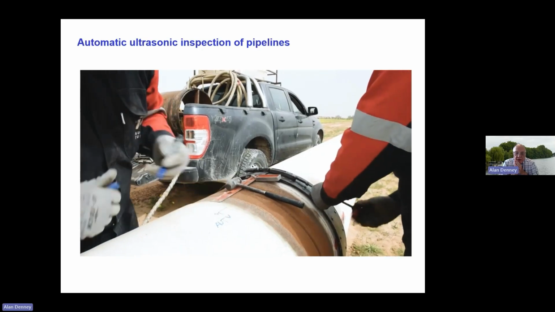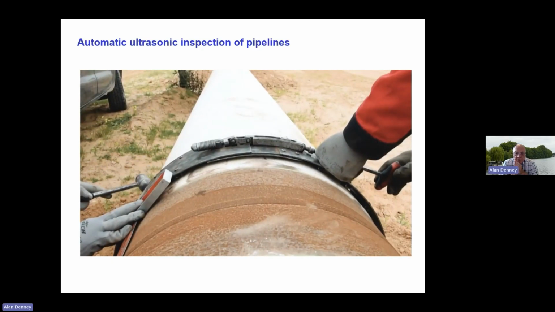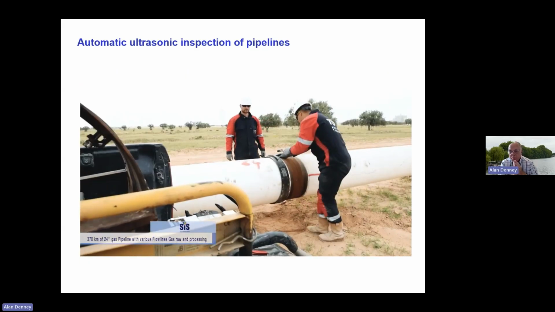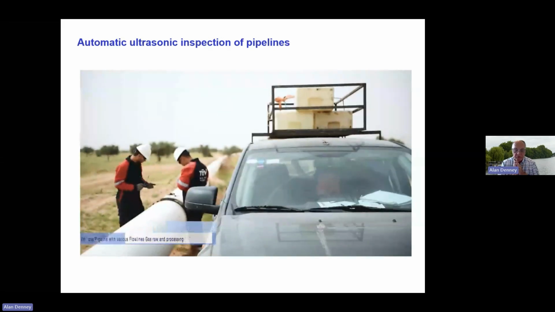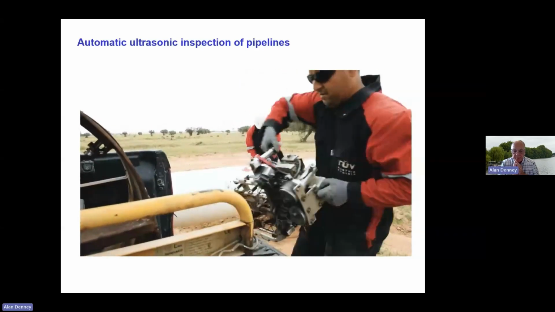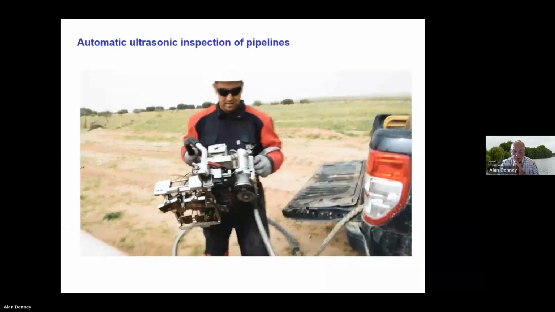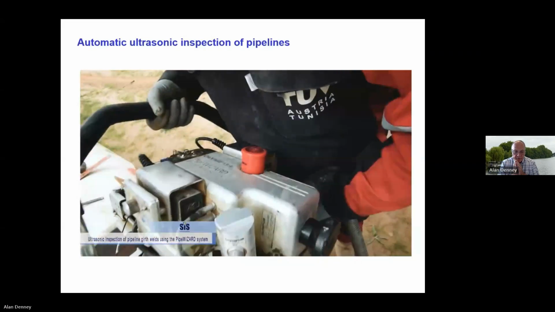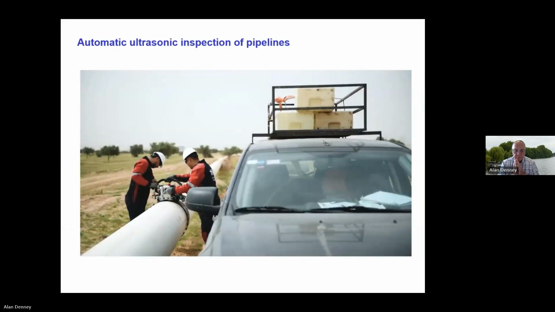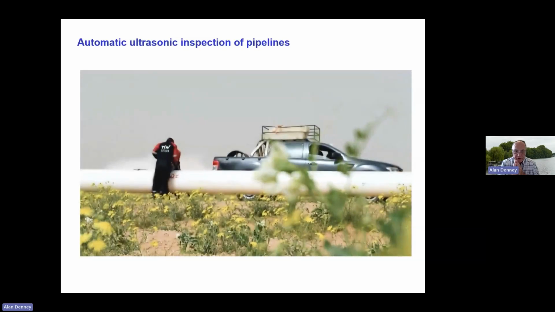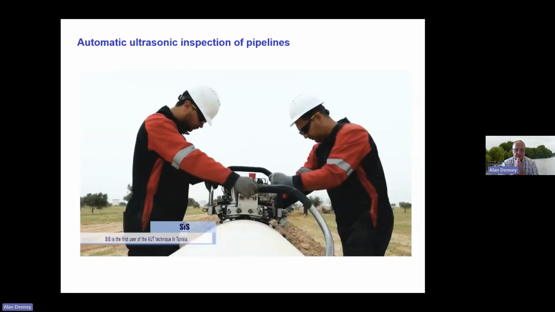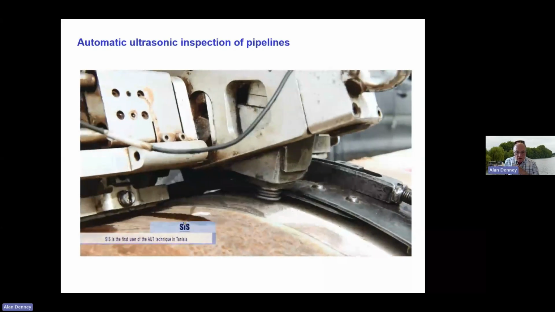So they're marking the datum. They're aligning the band very precisely within a couple of millimeters. The tolerance on that is just a few millimeters. Now they're taking the UT equipment, bringing it up to the top dead center. All clear, everything ready. And now that will traverse around the pipe